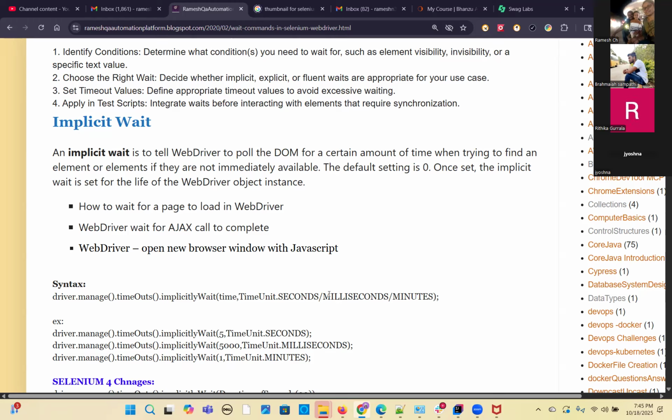Implicit wait tells WebDriver to poll for a certain amount of time when trying to find an element or elements if they are not immediately available. The default setting is 0. Once set, the implicit wait is set for the life of the WebDriver object instance. So for the whole script you can use this implicit wait. The syntax is